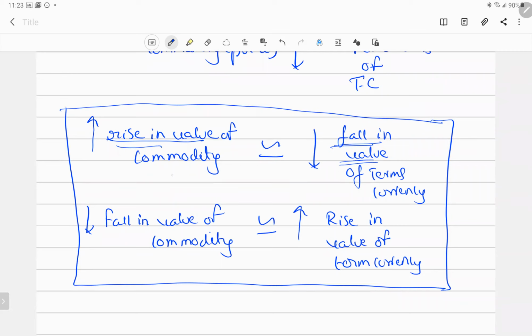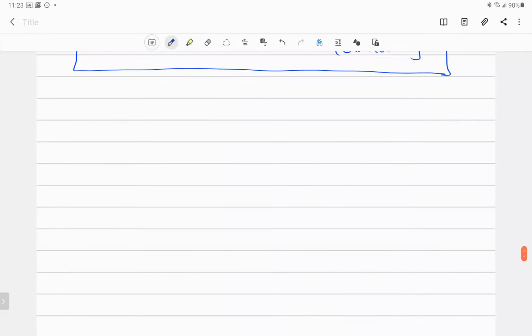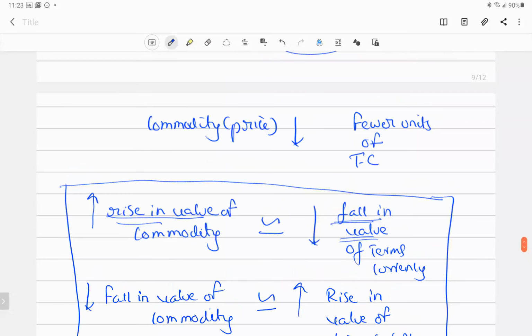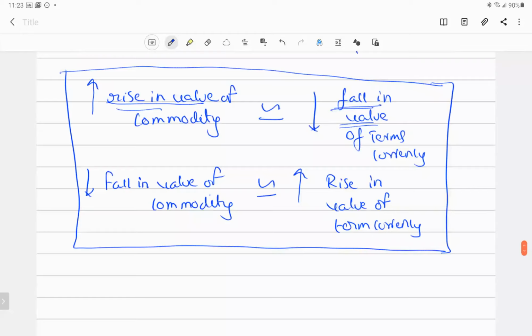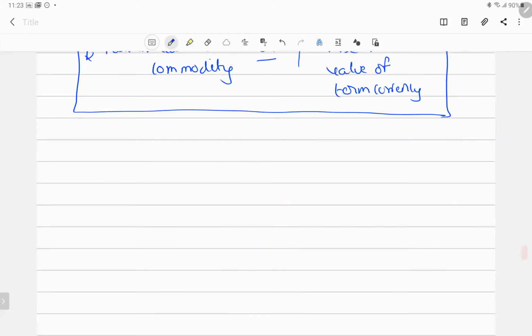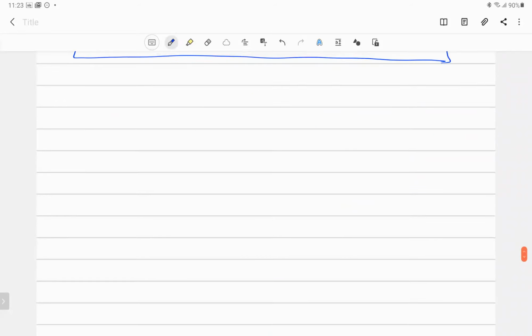The rise in value of a commodity is nothing but we are trading in another currency, right? And we put it as commodities so that it becomes easy for you to interpret, right? So when it comes to the market conventions, these are only for the interpretation purposes for the price changes. When it comes to the market conventions, they would have given it in some other way. The same exchange rate will be given in some other way. So here you have to be more careful.